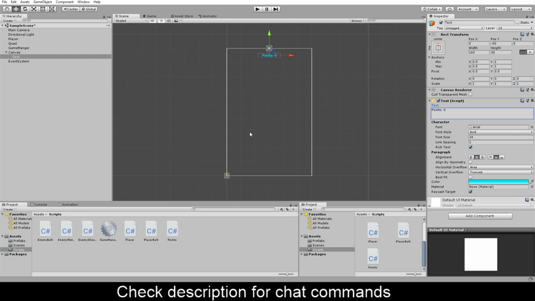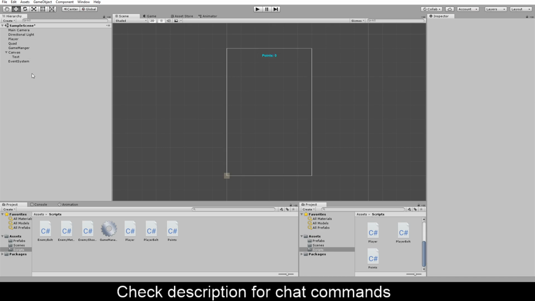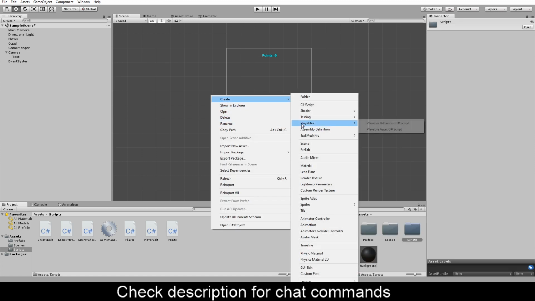Okay, and now we can actually create the first scene, which will be like our menu and the ending screen. It will just hold both the last playthrough, how many points we got from the last playthrough, and the starting buttons, and a quit button if our player wants to. Okay, so let's create